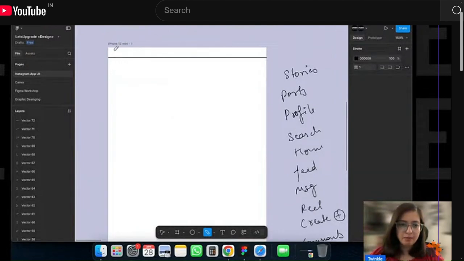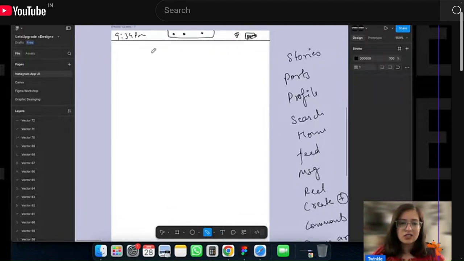So, for example, this is my status bar. What it has is your time, your Wi-Fi icon, and your battery icon telling you how much battery you have left. And in some of the phones, there is space for your camera or your proximity sensor or stuff like that. All these things are placed here. Then